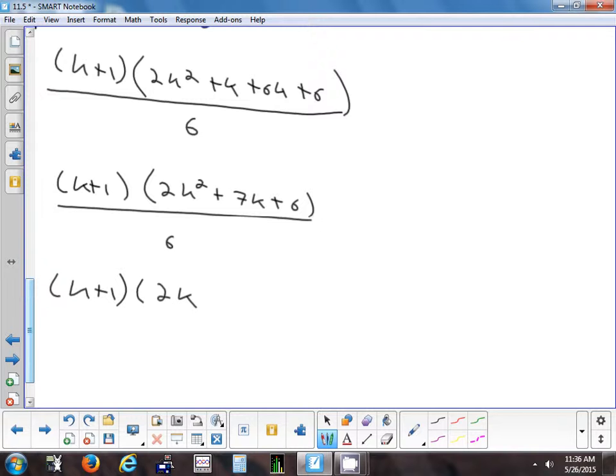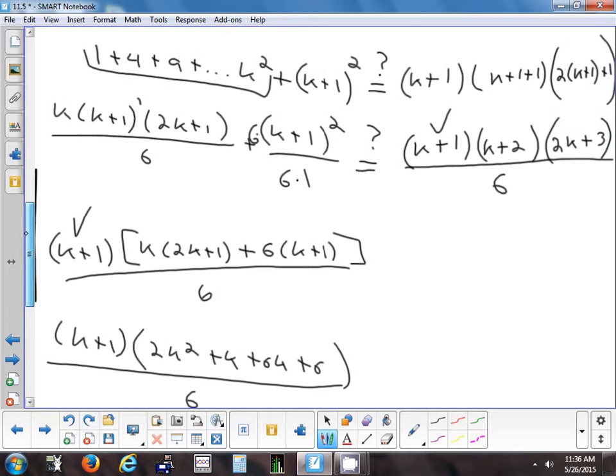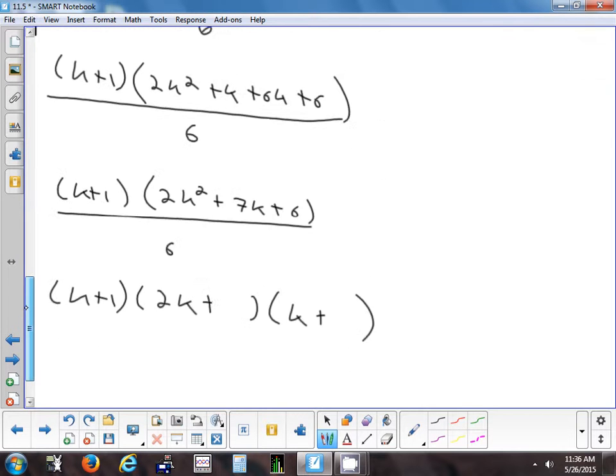Okay. Well, we know anyway it would have to be a 2k and a k. We know our signs would have to be plus, plus. We need two numbers that multiply to give us 6. So we'll try 2 and 3. So that'd give me 2k squared plus 6k. Let's see, does that